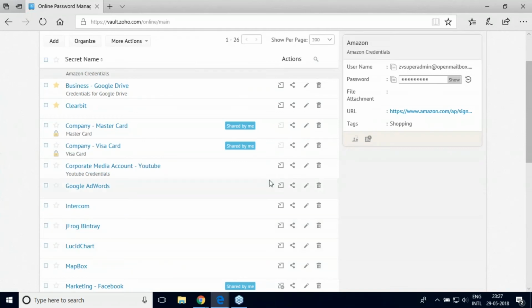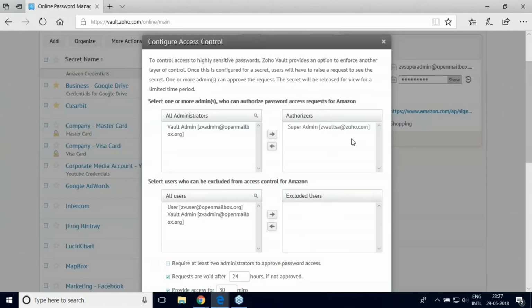And for some highly confidential data, we also have an access control mechanism. If you want to configure access control for Google Drive, all you need to do is click this access control button, click it, and configure access control for this secret. So if you are going to configure access control for Google Drive, you can select one or more admins to authorize the password access request for